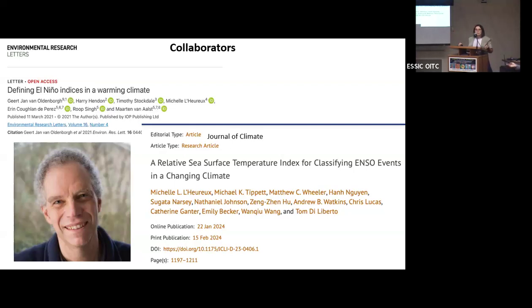And they came up with the relative SST paradigm, which drew from even older work, especially in the tropical cyclone community, which used relative SSTs to understand convective instability. So that paper down there in the lower right was published early in 2024. And that arose because we were in collaboration with the Bureau of Meteorology in Australia, and they were also noticing this non-stationary climate and realizing that there are some serious offsets here. So we put our heads together and we collaborated on that paper. It's just a little bit more applications focused in studying this issue.